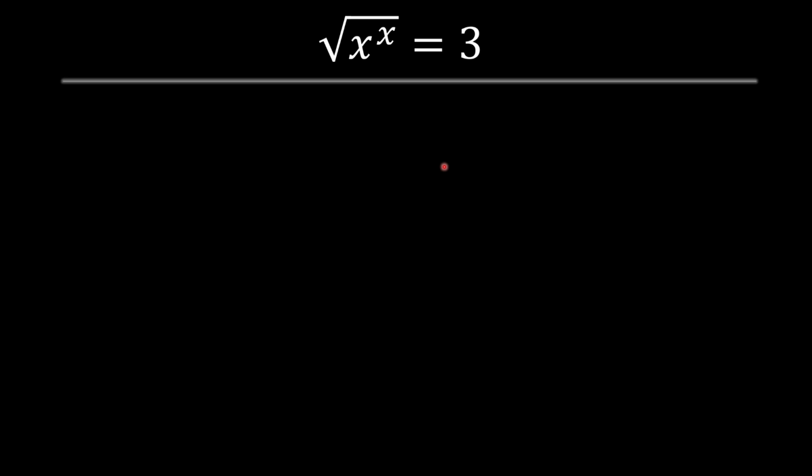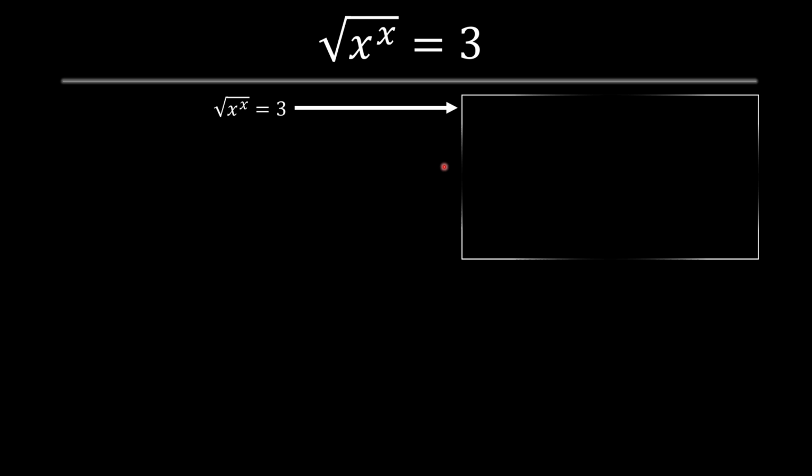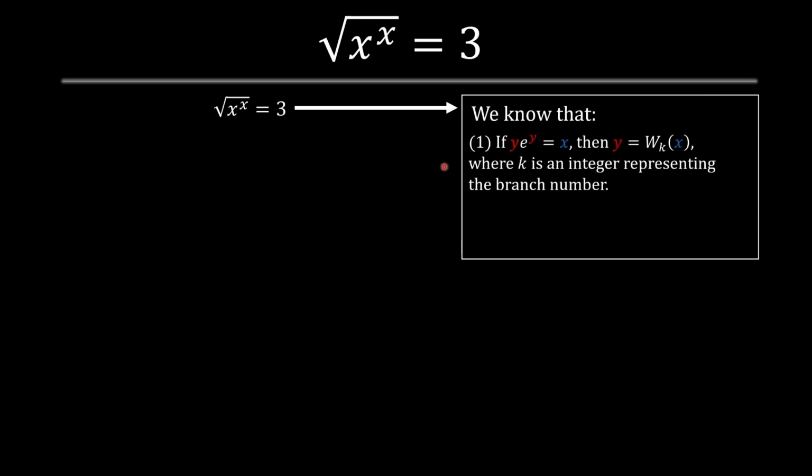Today's video will be covering this Math Olympiad question where we'll be solving for x. Okay, so the first step requires us to understand the Lambert W function, where the Lambert